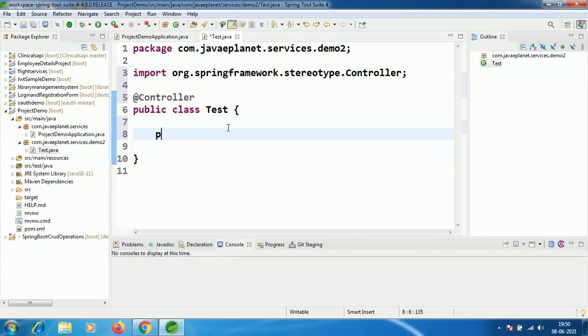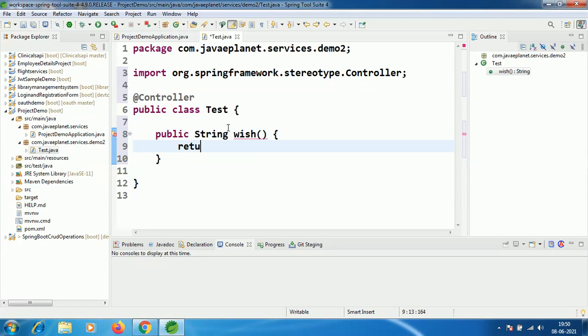For example, public String wish, which returns the string "Hi, good evening." Here I am returning the string.